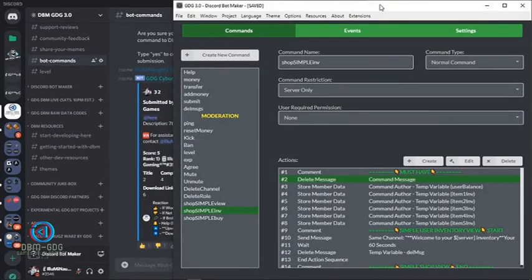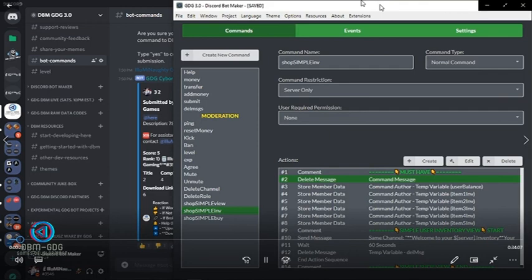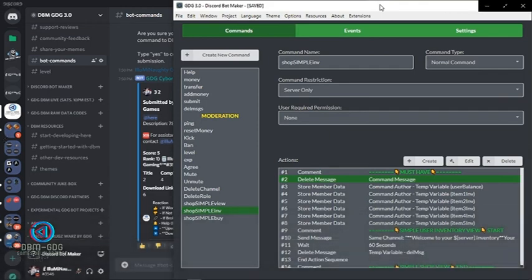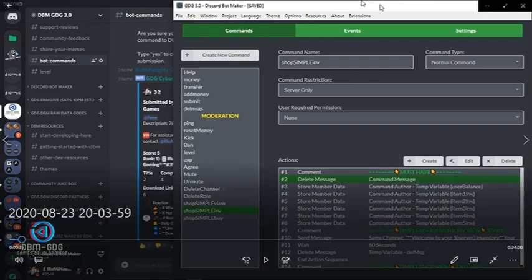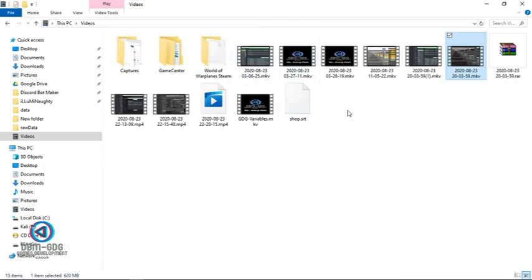Hey everyone, this is Illuminati Games from the DBM-GDG group on Discord, and today I'm gonna discuss and break down these three commands that I've created for a simple, basic shopping or shop system that you can use within your commands. So, in order to get started, basically what we are gonna need,